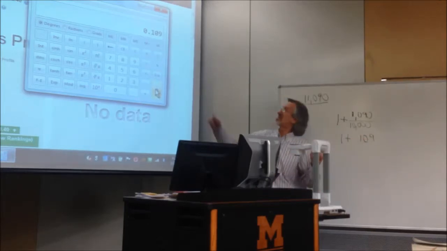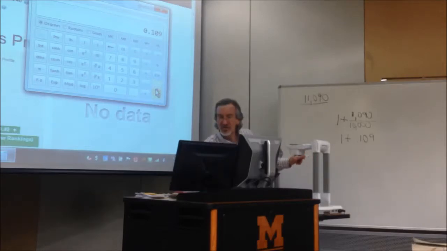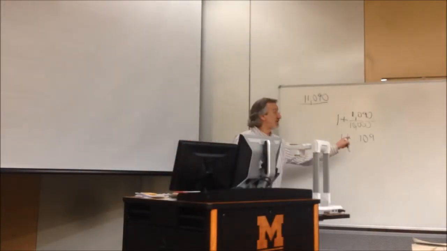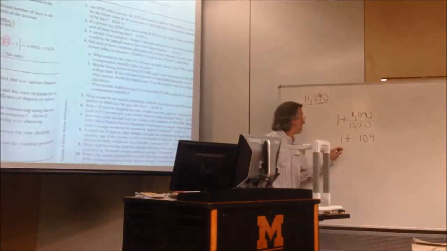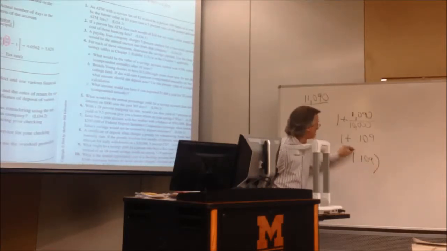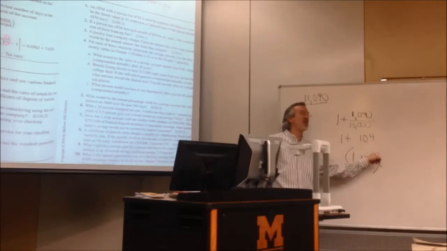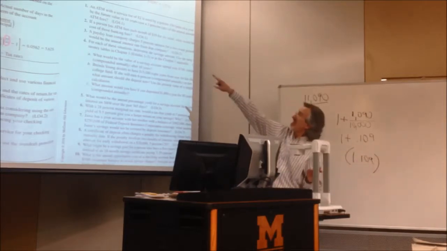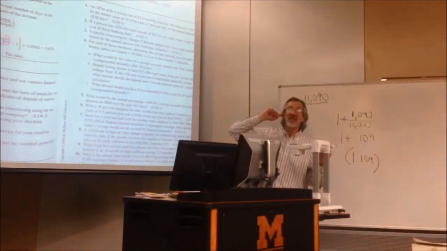All right, so we're at that step in between the parentheses. Now we're going to take that number and add it to 1. So now this equals 1.109. I'm putting parentheses around it because we put it to an exponent. That's that part right there. It says